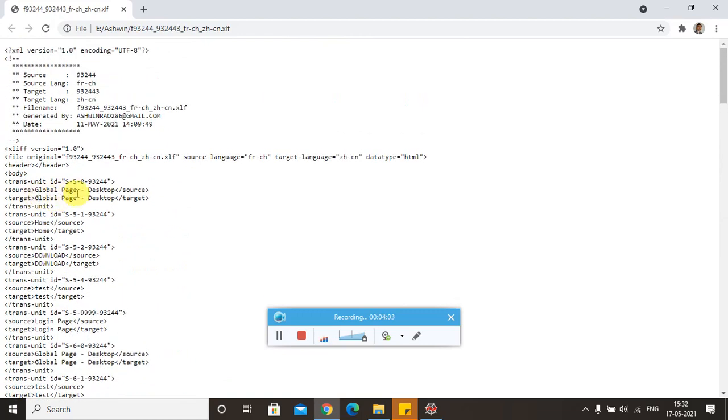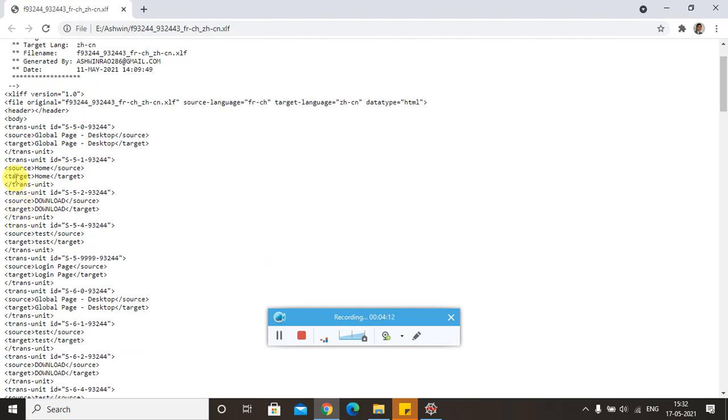First of all, what I planned is to extract all the translatable text stored within the source tag. We will first fetch all the values in the source tag. Then we will save all these extracted elements in an Excel sheet, right?